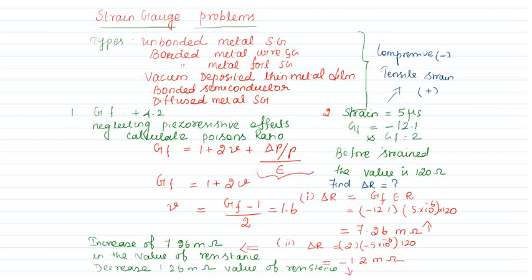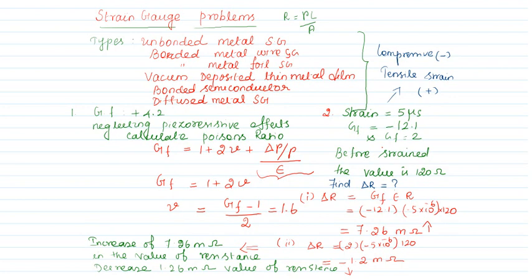Yes, in today's class we are going to deal with the strain gauge problem as well as the different types of strain gauges. The working principle of the strain gauge we talked about in the previous class: R equals rho L divided by A. This is the working principle of your strain gauge, that is, if a metal conductor is stressed, there is a change in dimension,